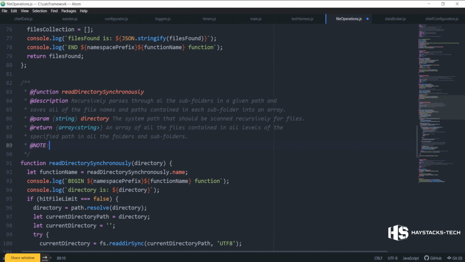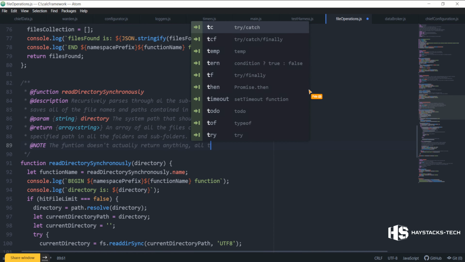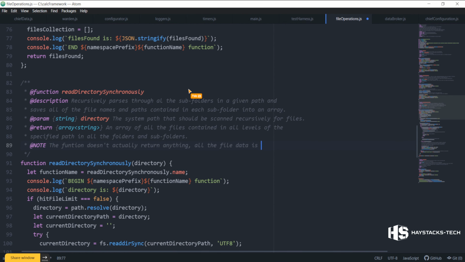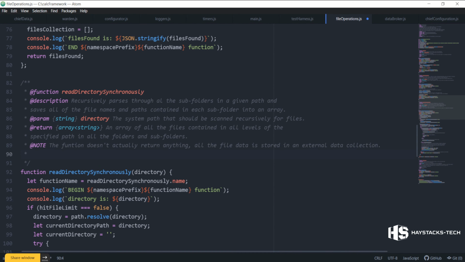Note: the function doesn't actually return anything. All the file data is stored in an external data collection. Okay, and then author